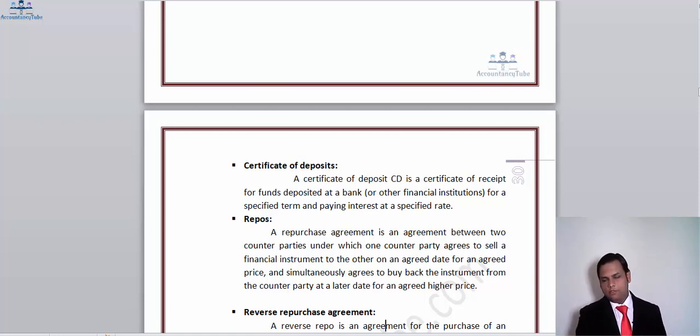irrespective of whether the central bank increases or decreases the interest rate. It's obvious that if the central bank decreases the interest rate, your interest rate will still be high, so you will benefit from it. However, if the central bank increases the interest rates, the return from the investments will start to incur a loss.